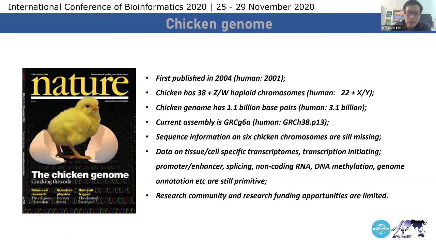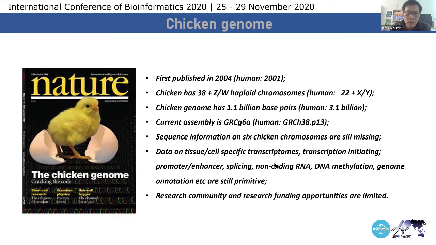And the result of this is that the sequence information of actually 6 chromosomes are still missing. You may find it a little bit strange, but birds have a lot of so-called microchromosomes. They're very small, and it's very difficult to piece them together in terms of the sequence. So actually 6 chicken chromosomes, information in terms of how they are organized, the gene contents of these